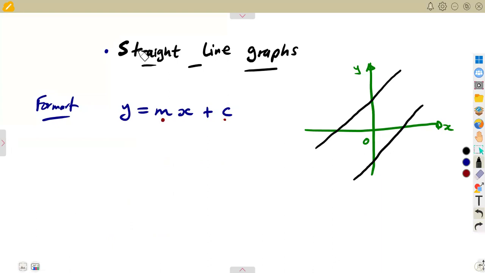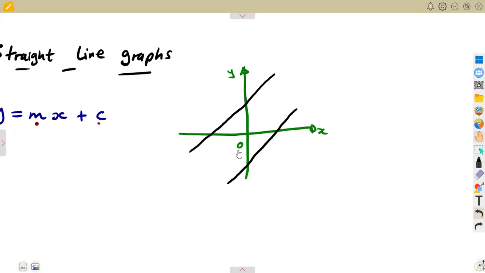So the question is on how to draw a straight line. You are given this line of y is equal to mx plus c of this format. How can we present this graphically? So to draw a straight line,